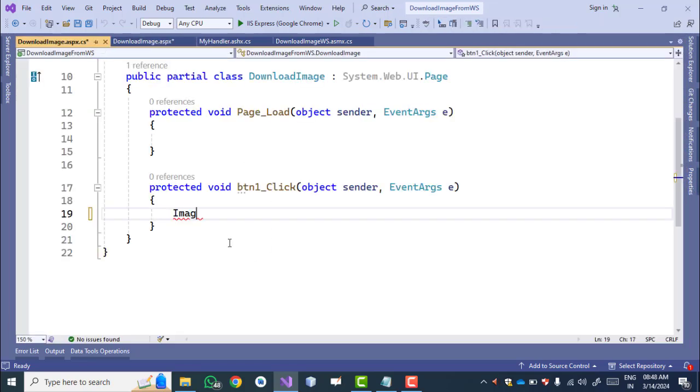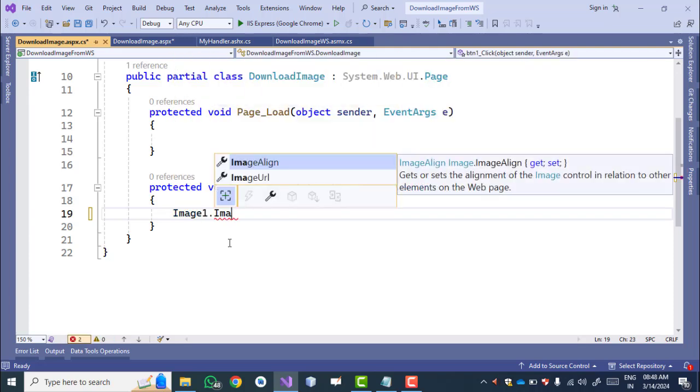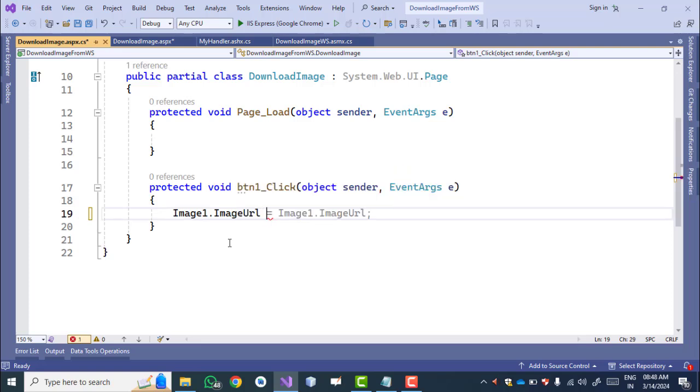So I am using image1 dot image URL, which is equals to, now we write within double quotes. This is basically used as a path, and my handler name, which is my handler dot ASHX. This is the extension of the handler, question mark, and हम लोग दे देंगे यहाँ फाइल नेम